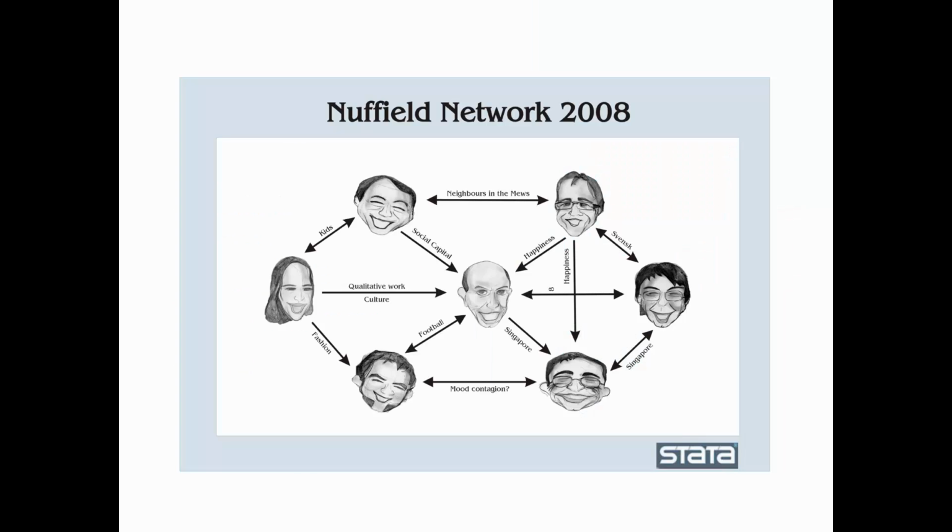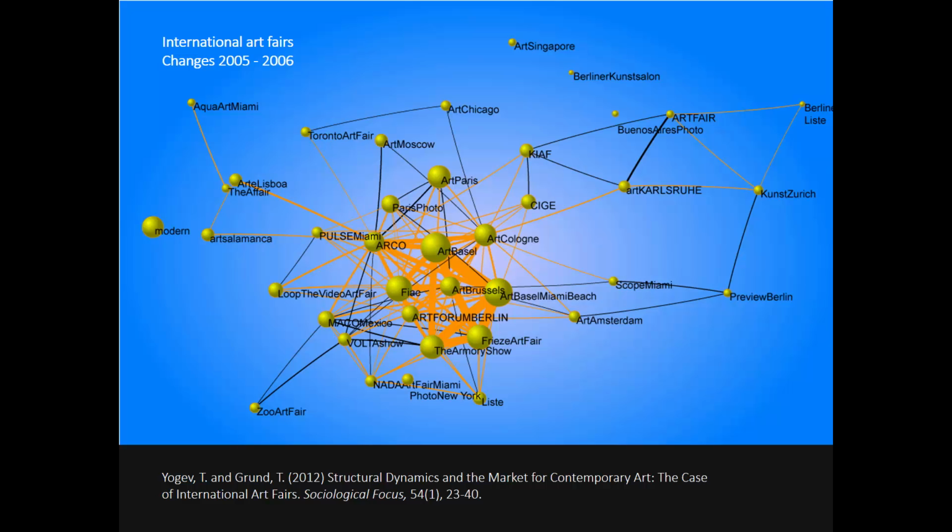Okay, so here's one example. That was my research group back in the day, back in Oxford. These are the people I was working with, and actually I'm on this graph here as well, somewhere. You can look at different kinds of relationships. You can visualize things, although there's no computer program to do that. That's something you need to do by hand, or I had to do by hand. This is a study where I looked at the international art market. When you look at these networks, you will always see these dots, right? And then some lines between these dots.